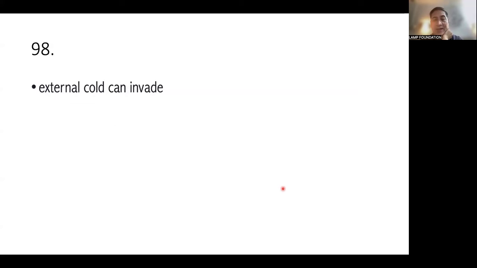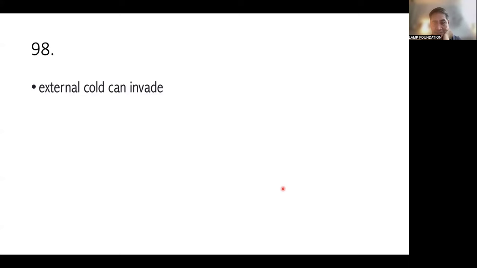So, ano kaya ang makikita natin sa tongue pag ang pain is due to cold? Pale at saka white. Will it be dry or will it be moist? Moist. Moist siya. External cold can invade the stomach,